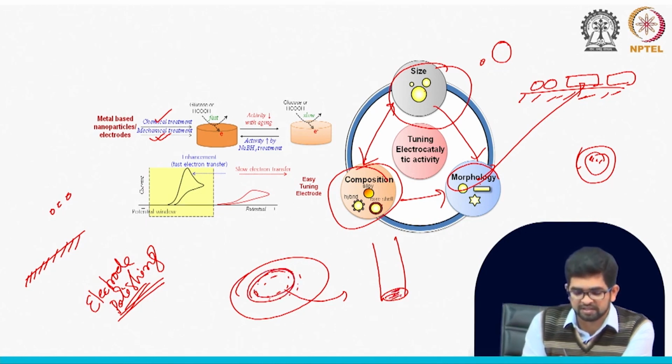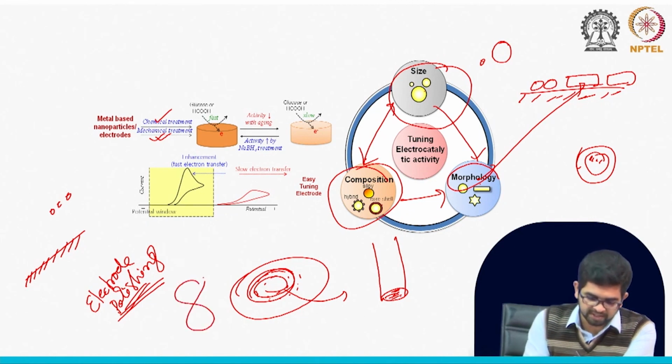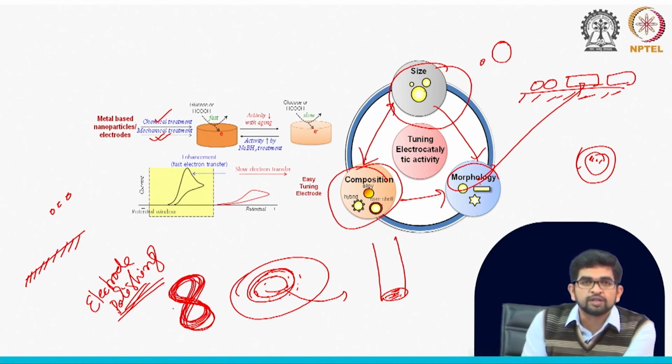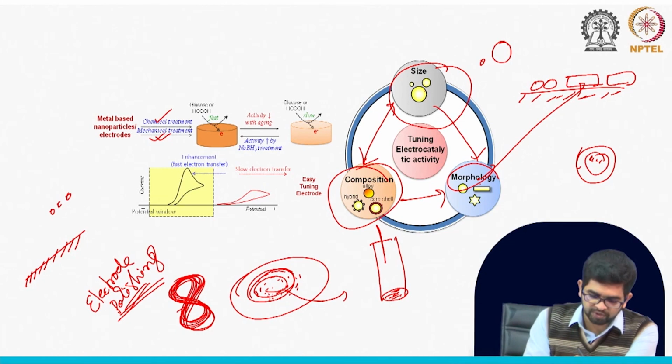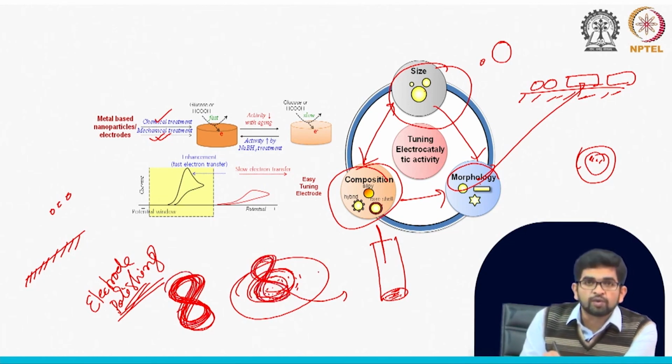You can polish here. Generally we are polishing something like this, we are making an 8, okay, like this way. You can polish for 1 minute. You can put the alumina powder here, different sizes of alumina powder are available. Then the disc electrode, something like this, you can put here and polish it on this pad. Then after polishing you have to wash it with the DI water,